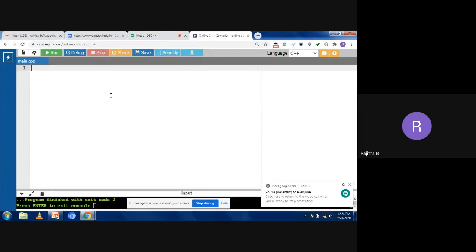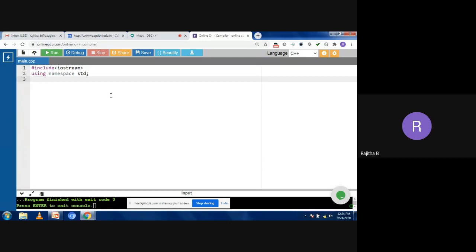Now I'm going to type the program. I'm using namespace std. Now I want to take the inheritance concept with one base class and one derived class.